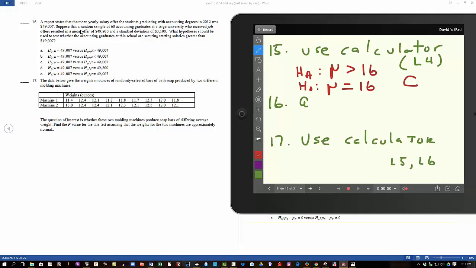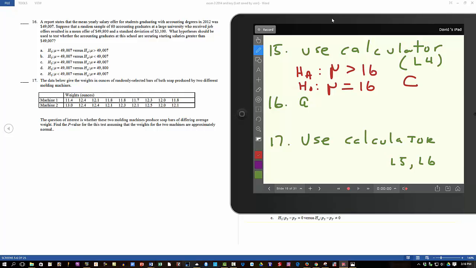On 16, we want to know if we can conclude that the accounting graduates are getting average salaries, population mean, greater than 49007. Of course, HO is equal. We've got that in just about all of them there. And then we want to know if it's greater than, so it's A, mu greater than 49007. Okay, so number 17,